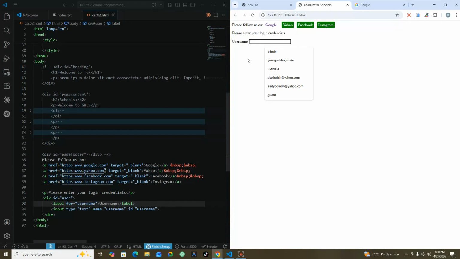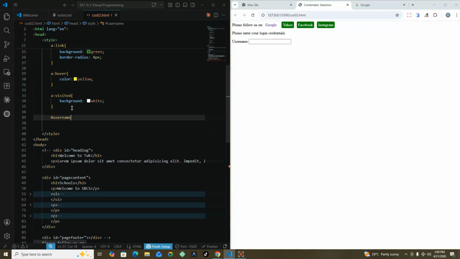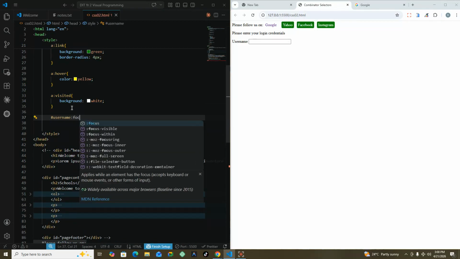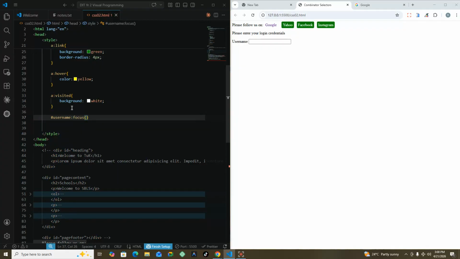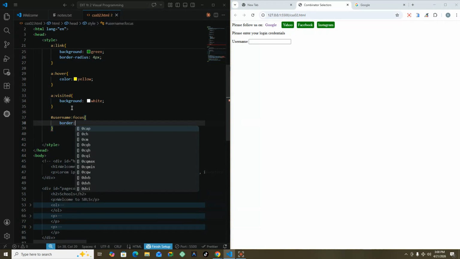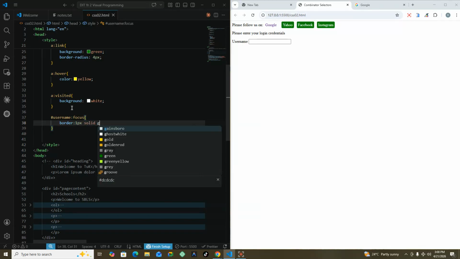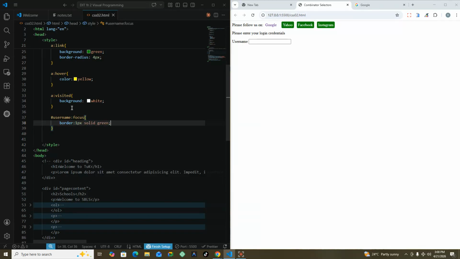So what I could do is I could simply target that element with the username, or I can give them a class if I want to target so many of them. So get me anything that has an ID of username, and when it has focus, do the following. Sorry, maybe say border, don't worry about this, 1 pixel solid, maybe say green. So I want to change that outline from the color that it had to something else. So when I focus on it,